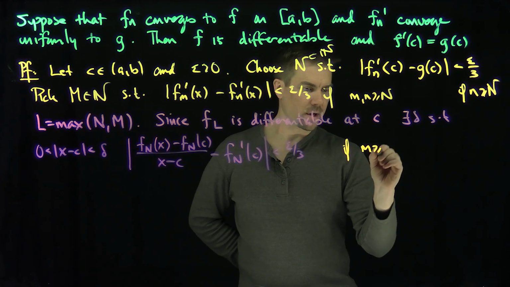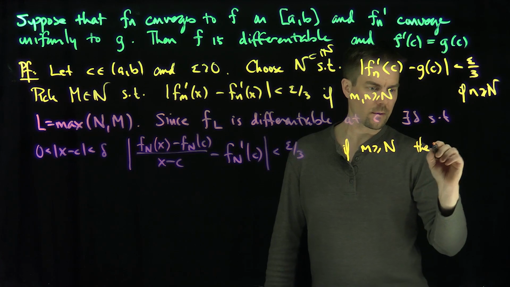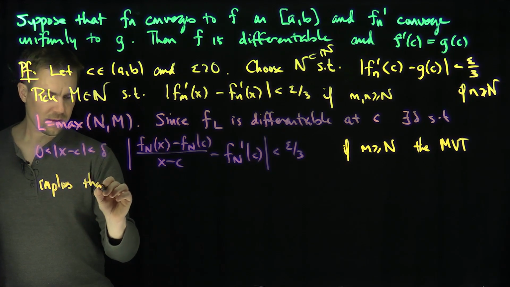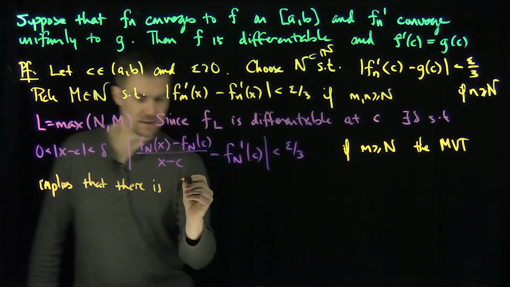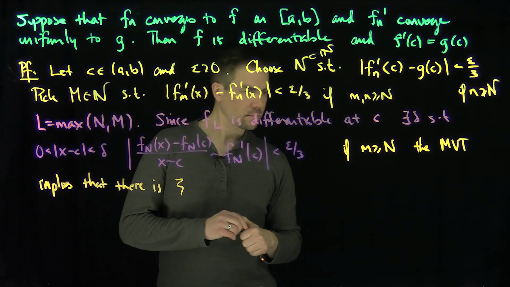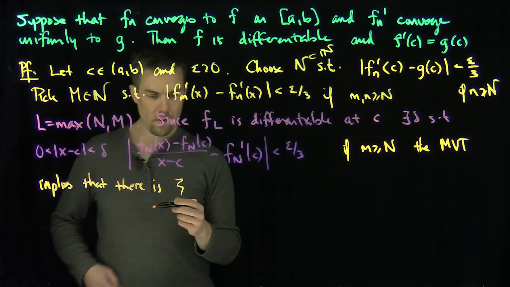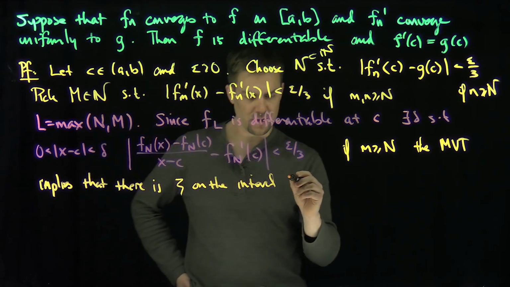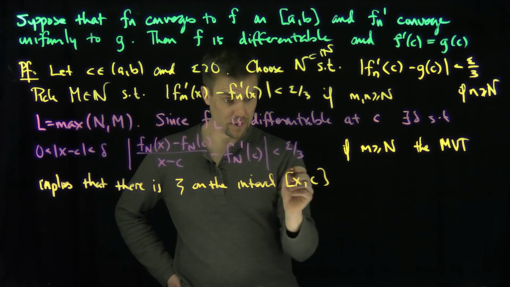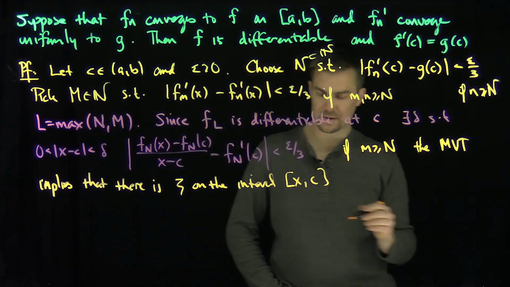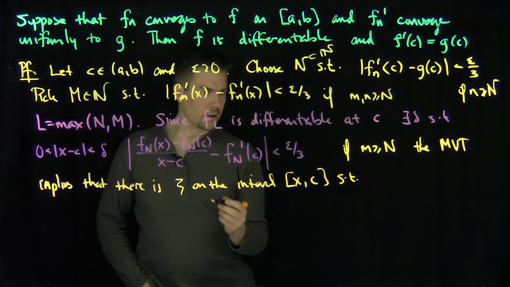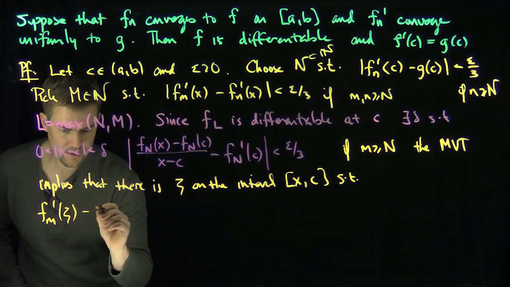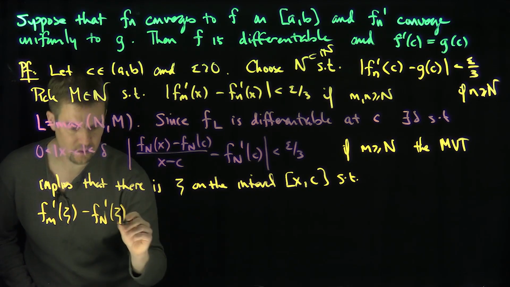If m is bigger than or equal to L, the mean value theorem implies that there is a point zeta in the interior of this interval, between x and c, such that Fm prime of zeta minus FL prime of zeta,